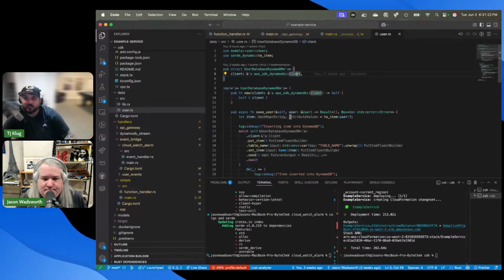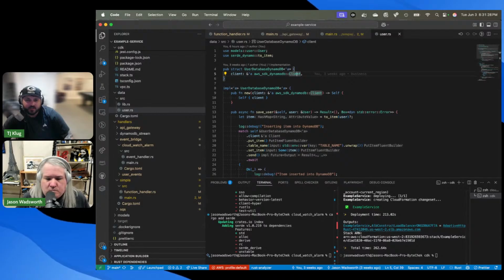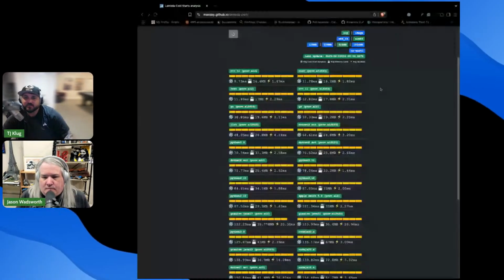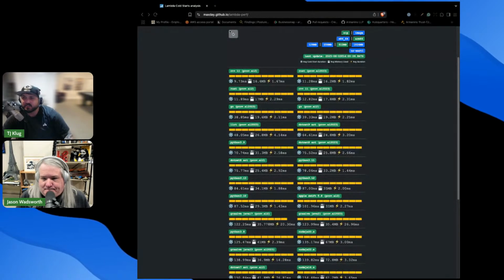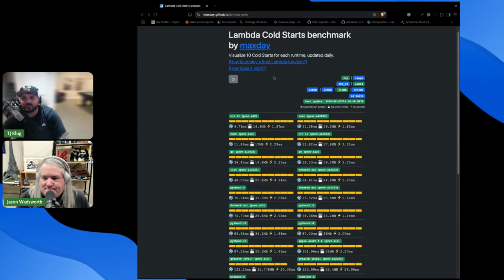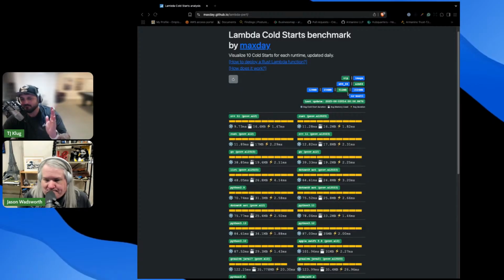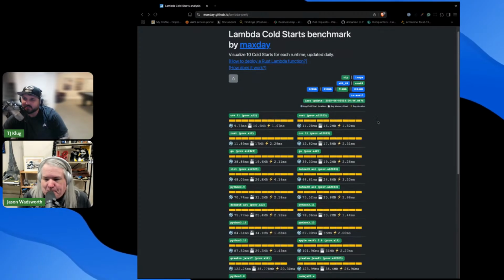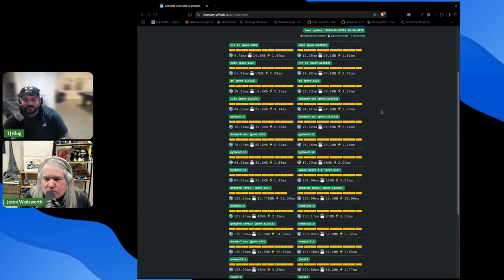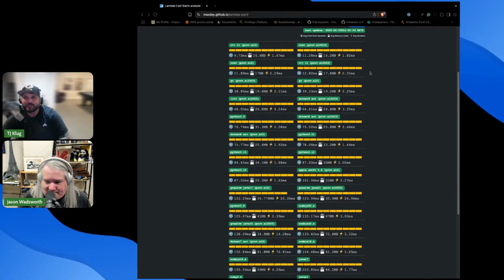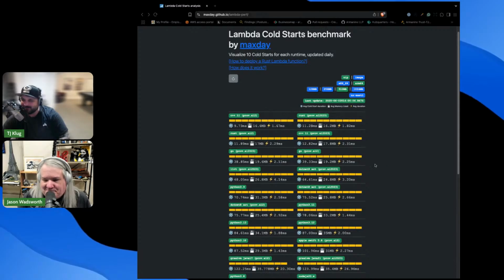Yeah, I mean, from an application, I'm going to steal a screen from you real quick. If you don't know, there is a project that is running basically daily 10 cold starts every day. And you can check against whatever architecture and size. I usually look at zip arm 512 because almost everybody does that, right? If I were to go into a project right now at a company that I have no idea about, I would still bet that it would be zip arm and 512.